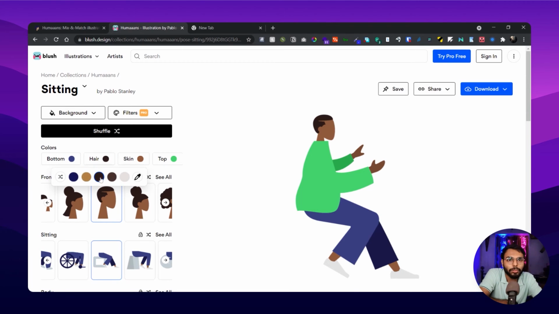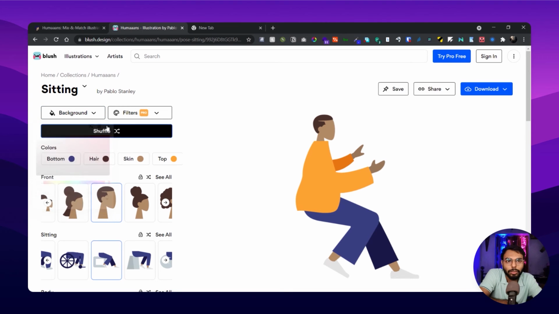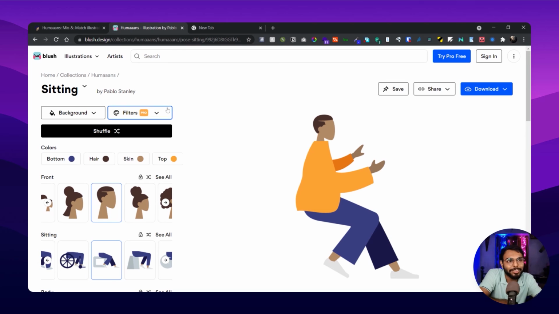I can change the skin like that or that, and the top. Pretty cool, right? I can add backgrounds too, and the filter is for Pro, so I will just leave it for now.